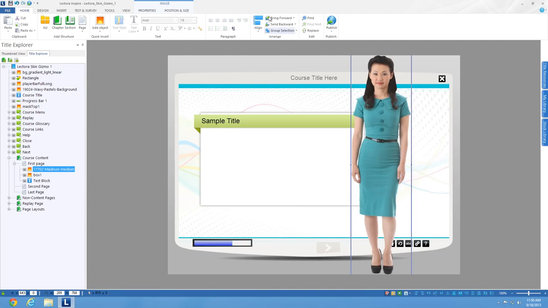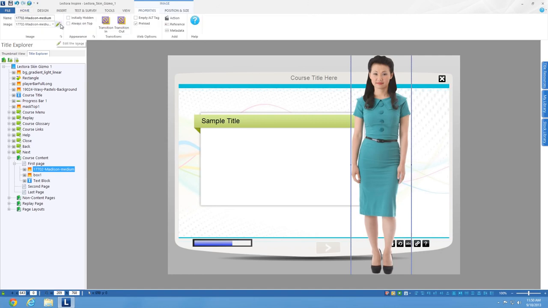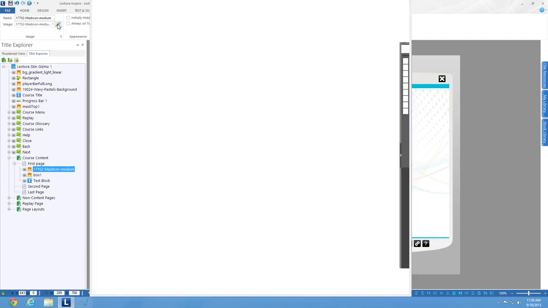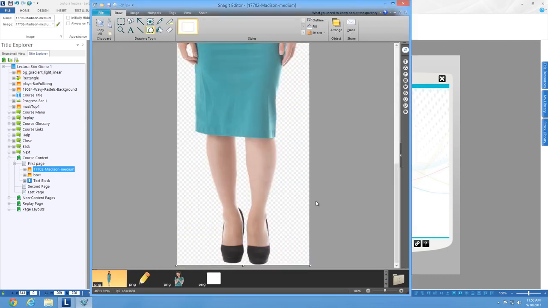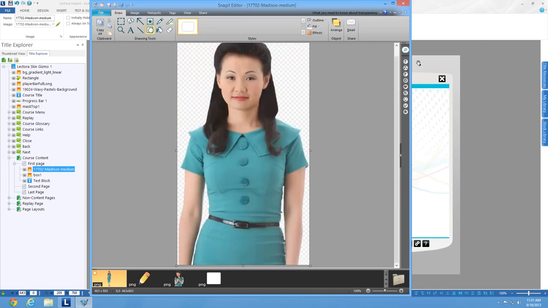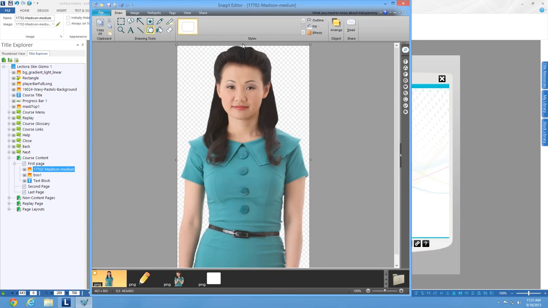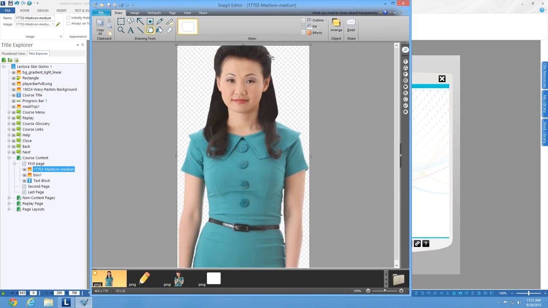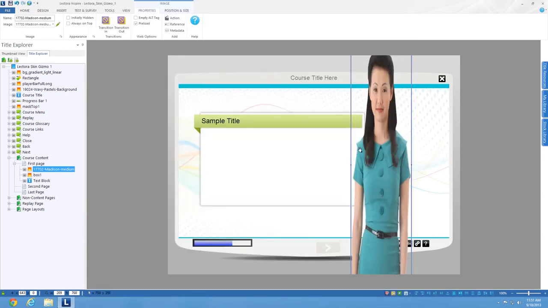And so in order to do that, Lectora doesn't have it inside of here where I can just crop it, but they have it nicely integrated inside of Snagit. So if you wanted to edit an image, you can click on this little pencil in the properties section, and it will pop open the image inside of Snagit. Now, it's really easy inside of Snagit. I can just move up the bottom line to the part that I want, and if I want to cut off the top part, move that top line down a little bit more. And all I have to do is hit save, close out Snagit,